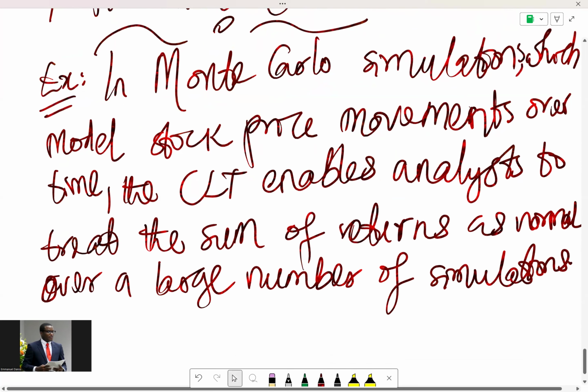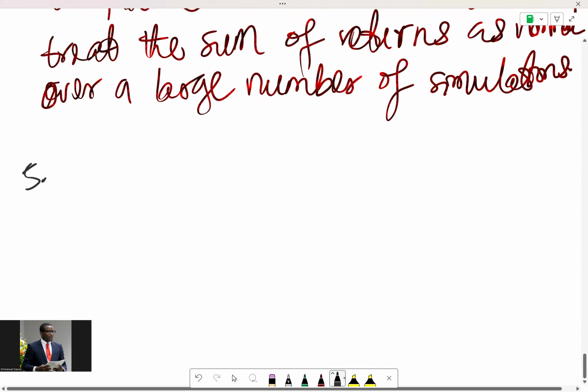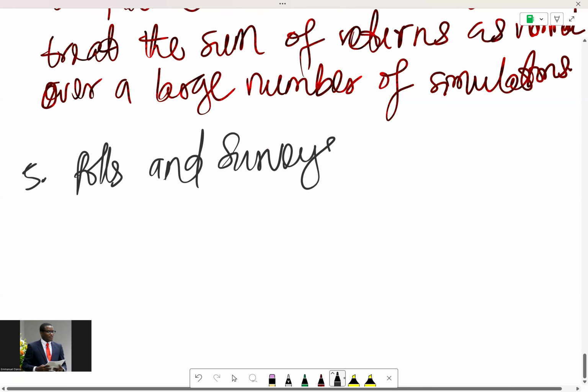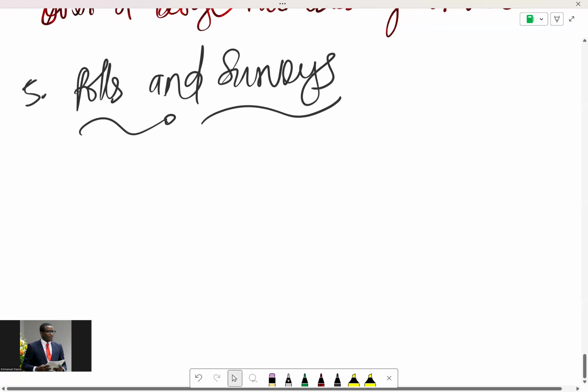Okay. And then we have another example talking about polls and surveys. The central limit theorem allows pollsters to draw conclusions about a population's opinion based on a sample. It is the reason why polling data, when properly sampled, can give accurate estimates of public opinion. So a very good example would be in politics, right? In political polling,